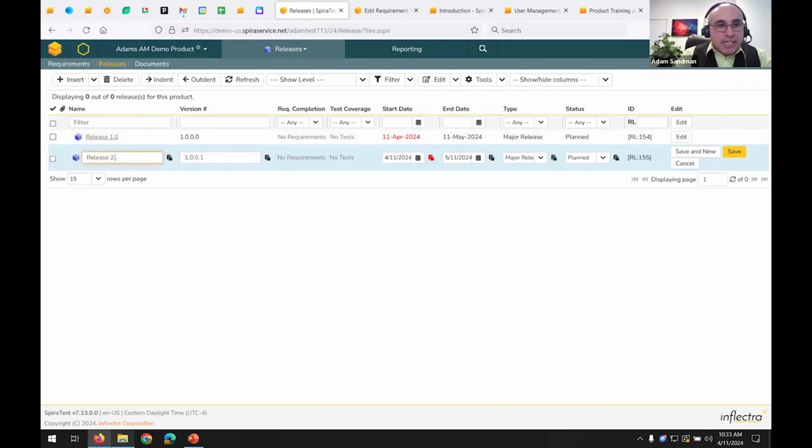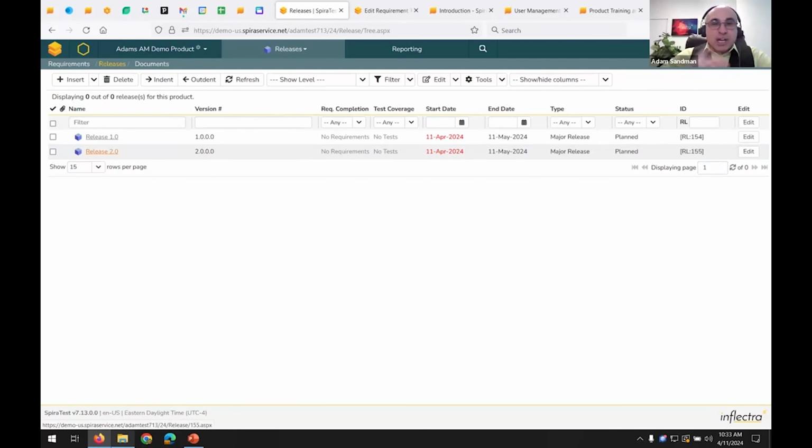Now, you might say, well, I really want to do some more advanced backlog planning. I'd like to have a nice board. If you want some of that functionality, boards and planning, that's in SpiraTeam. In the case of SpiraTest, we are assuming that this stuff is being done somewhere else. You can do some basic story management and basic release management, but the more sophisticated functionality is in our